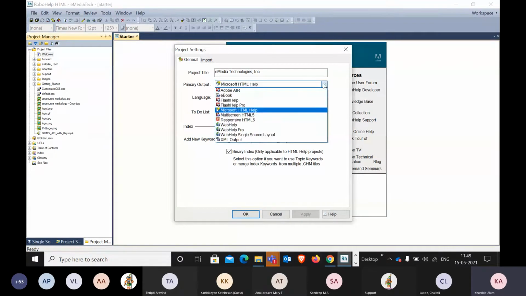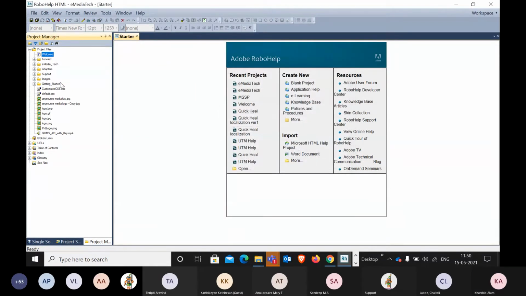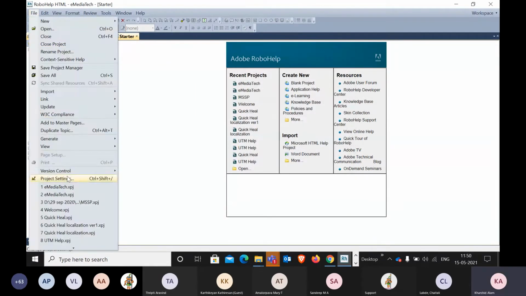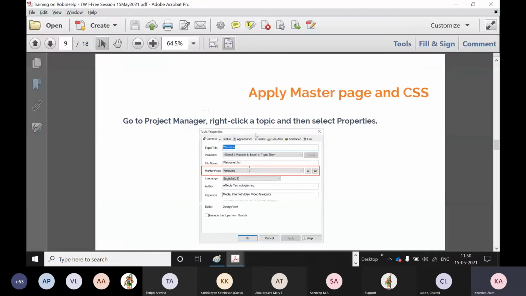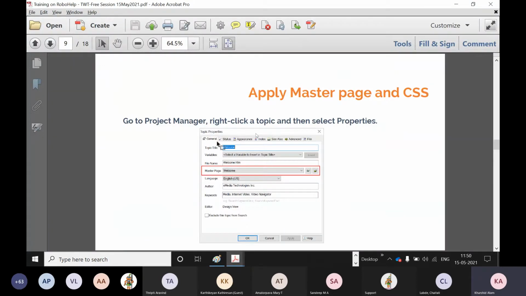So this is helpful to keep creating the same output every time. OK, so I believe that I showed you the project title from here. And this was properties.